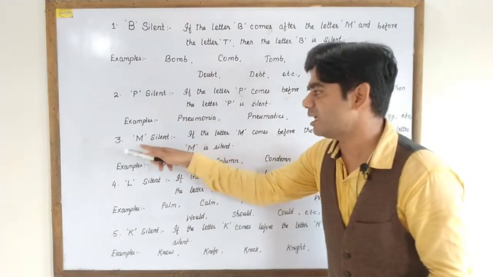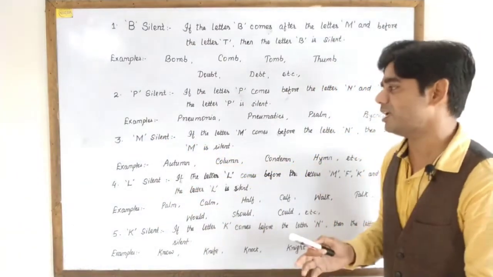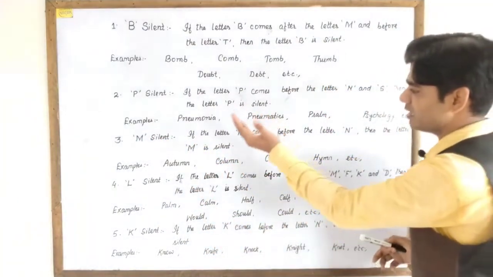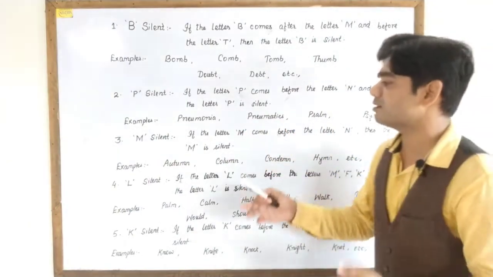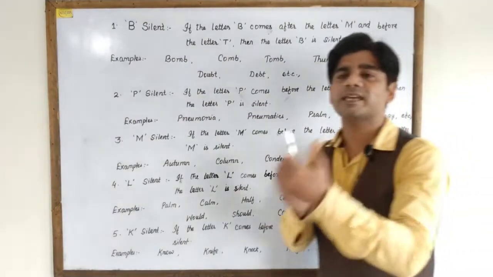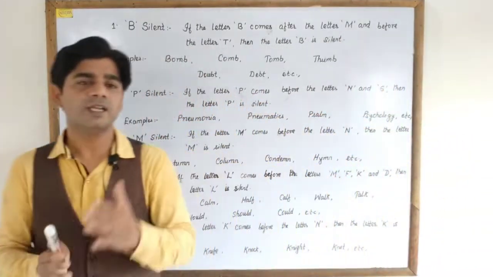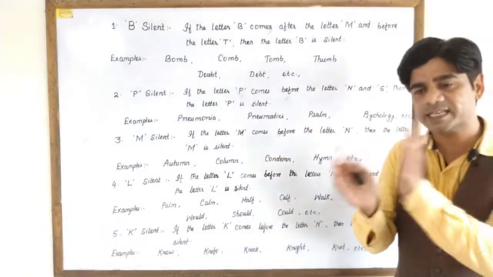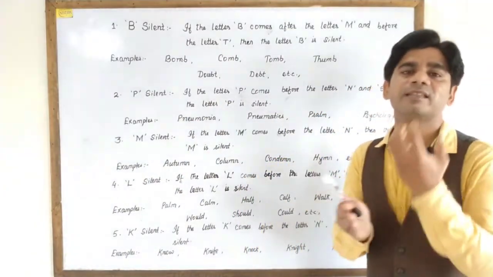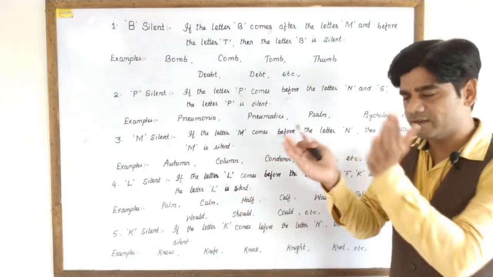Now we'll move on to some more silent letters. That is M silent. When does the letter M become silent? When it comes before the letter N, then the letter M becomes silent. So we will understand this